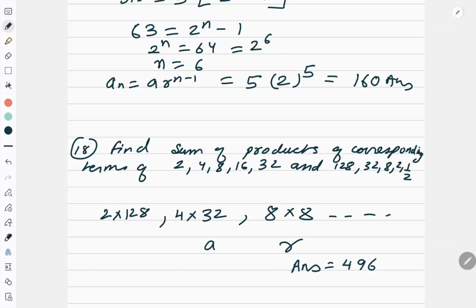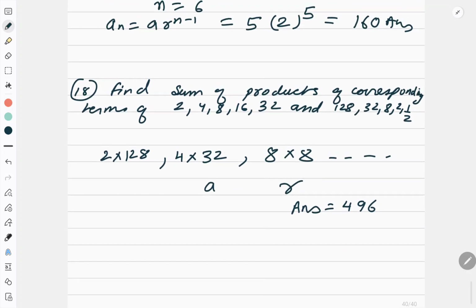Right? So these were the questions based on the sum. Now there are a few tricky questions where the sum parts are defined, which we will do in the next video. In the next video, we will also discuss the geometric mean and arithmetic mean and how to insert numbers to form a GP between two numbers. That portion is very important. With that, our GP will be completed. So probably in one or two more videos, we will wind up the chapter.